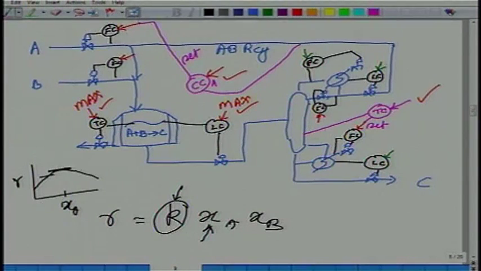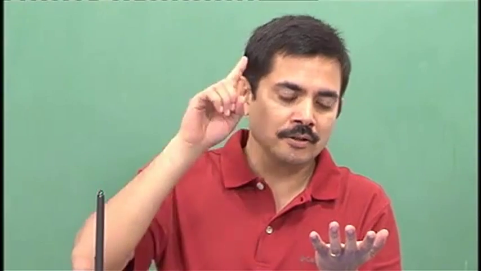So you are free to choose. Degrees of freedom means any 6 variables can be chosen. You see, number of variables minus number of equations. How many things need to be specified to get a square system of equations? Any 6 can be chosen. But the moment you start thinking of how to run the process so that my production objectives in terms of production, in terms of quality are met, what should be specified, or what variables are used to specify those 6 degrees of freedom, that choice becomes quite limited.